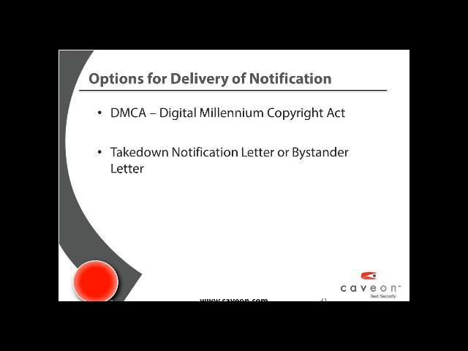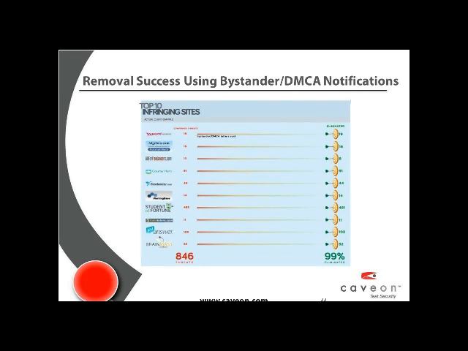However, a takedown letter, a bystander letter, is also extremely powerful and works much more often than we've had to resort to Digital Millennium Copyright Act notifications. For your content that isn't copyrighted and for trademark violations, you can choose to send this informal notification. While it's not legally recognized, it happens to be very effective. See first, once you send that, if you get compliance. If not, and you're certain it's a case of true copyright infringement, not just trademark violation, then a DMCA can always be sent as a follow-up. Next slide, please.